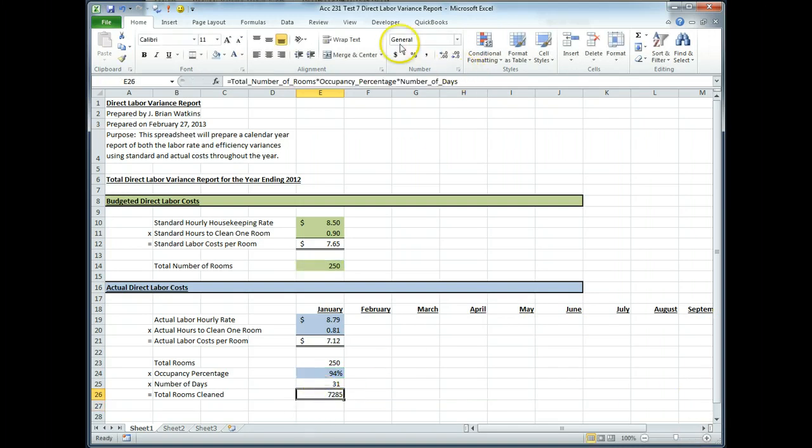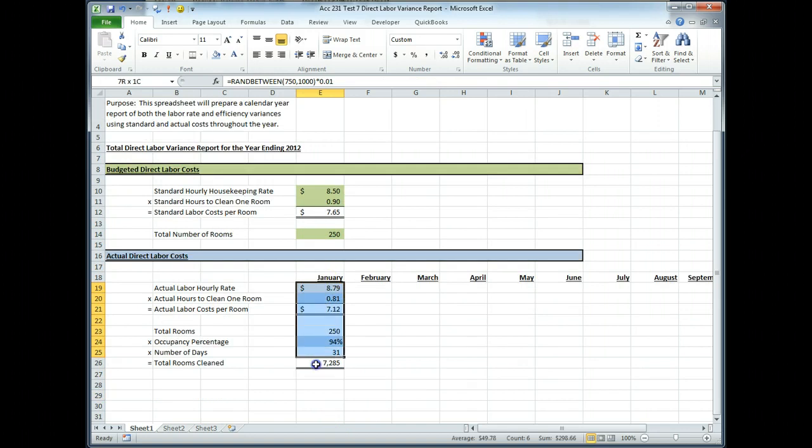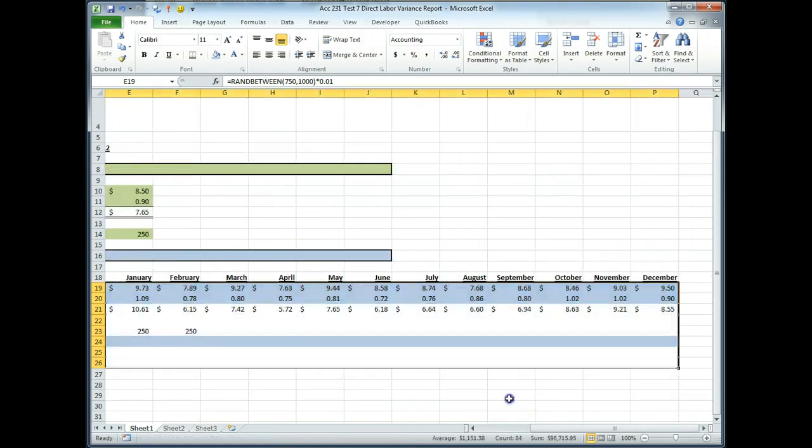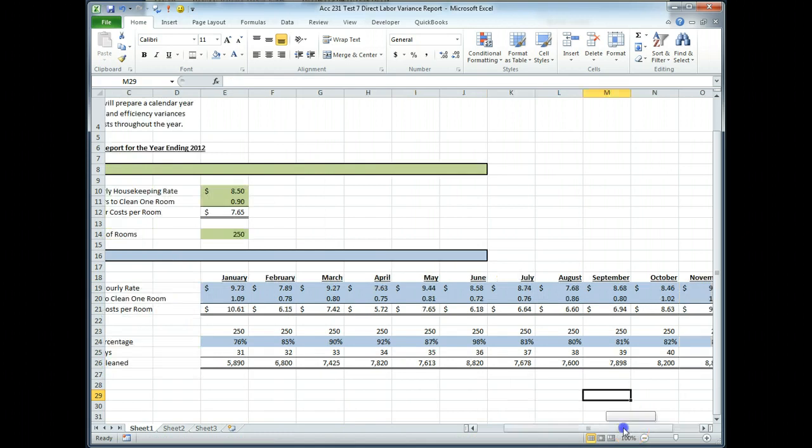So effectively our staff cleaned 7,285 rooms in January. So let's take this and we'll copy it all the way down, and there's our actual